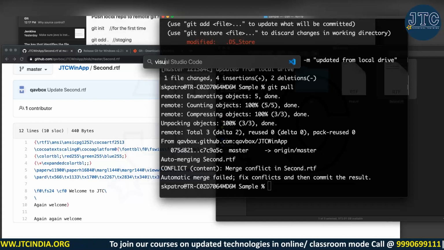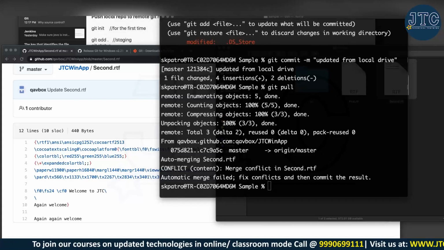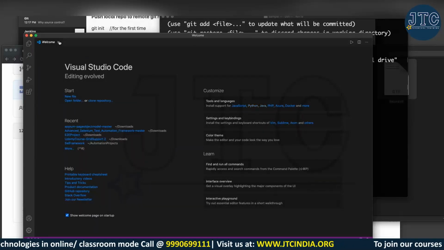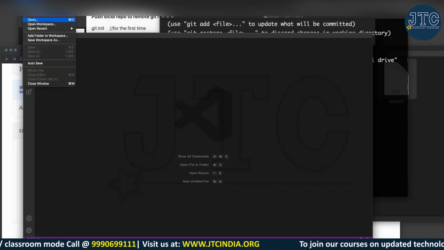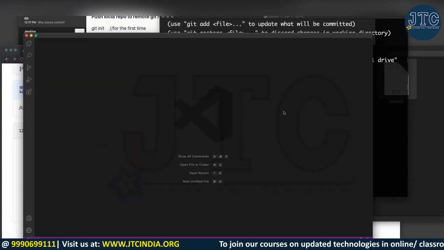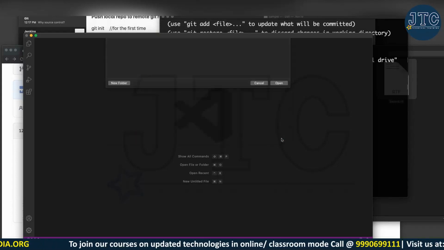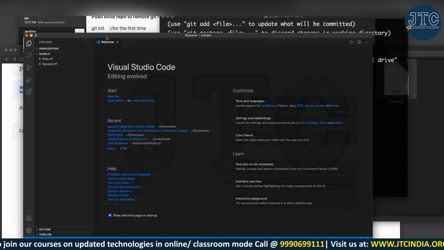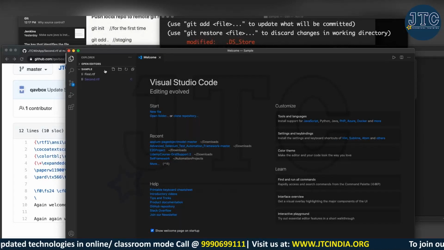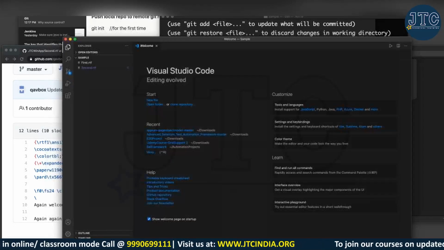So what I always do, I always go to Visual Studio Code, and Visual Studio Code is not limited to C sharp or Java or something. Now let me open that particular folder, the project structure. So git repo sample, this is my project. Okay, now here if you see, it is giving me a nice view.